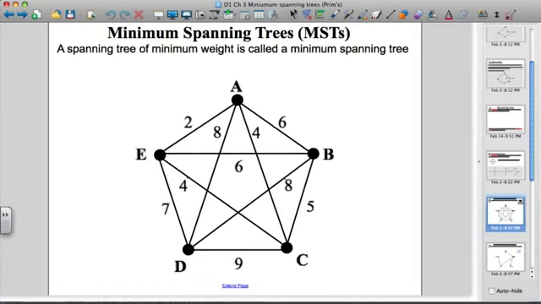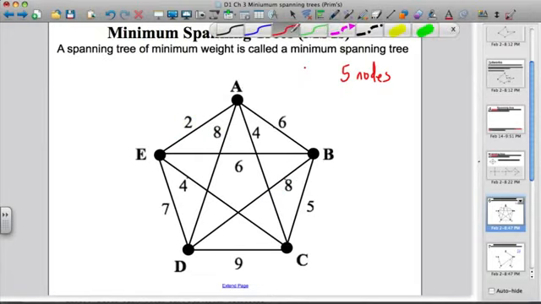Okay, let's have a look at this particular one here. Let's consider what we've got. We've got ourselves a network. For example, the nodes are A, B, C, D and E. So we've got ourselves 5 nodes or vertices, and currently there are a lot of arcs there. For example, the arc AD has a weight 8, the arc BD has another weight 8, the arc AE has a weight 2. We're trying to find a spanning tree so that all those nodes are connected, but it's minimum